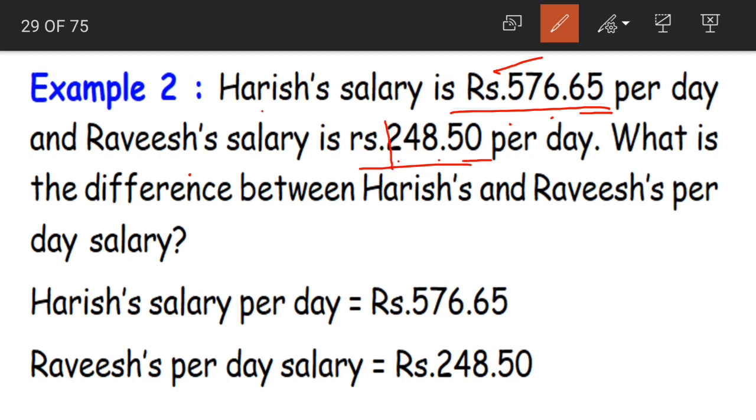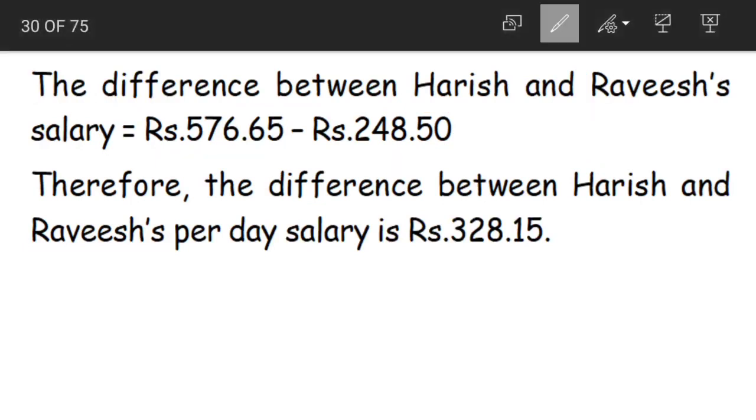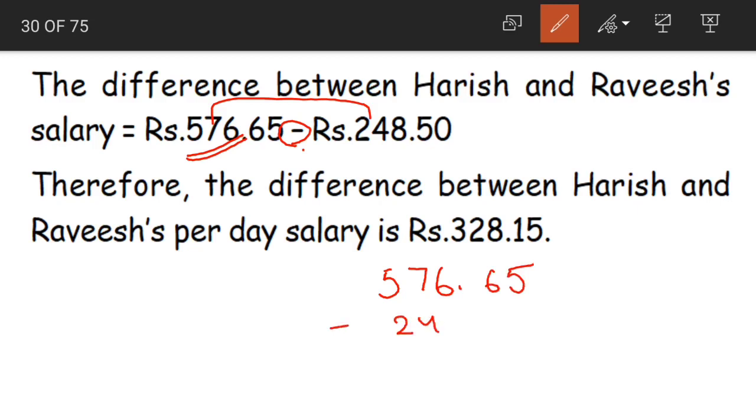Now these two are decimals, right children? The amount represented here has a decimal point. These two are our decimals. Now we should find out the difference between their salaries. Finding the difference means we need to subtract. Of the two numbers, 576 is the bigger number, so writing it above, then we have minus 248 rupees 50